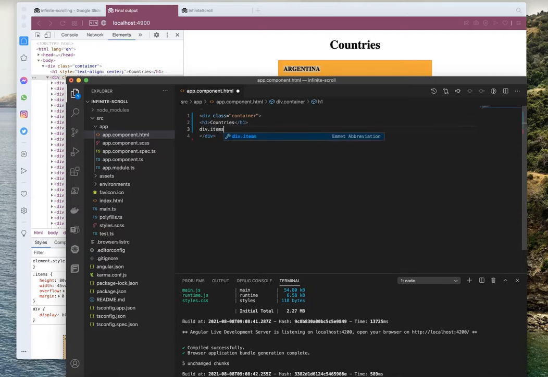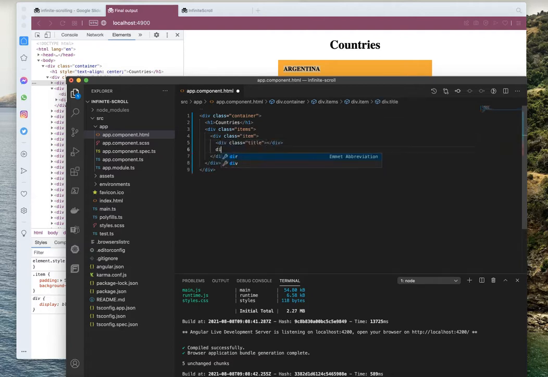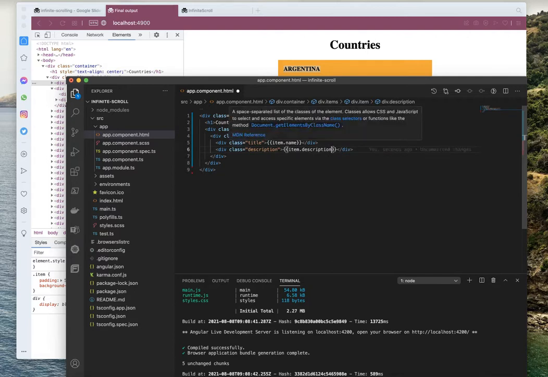Let's create the items element. So we have this format.